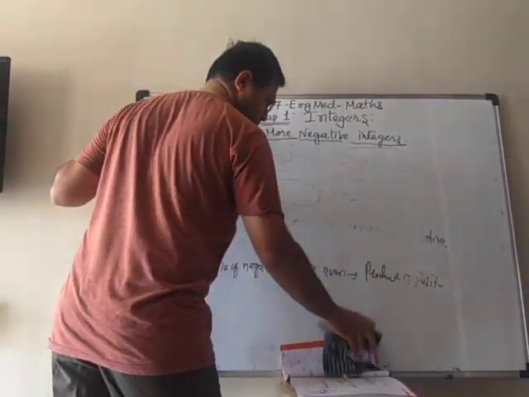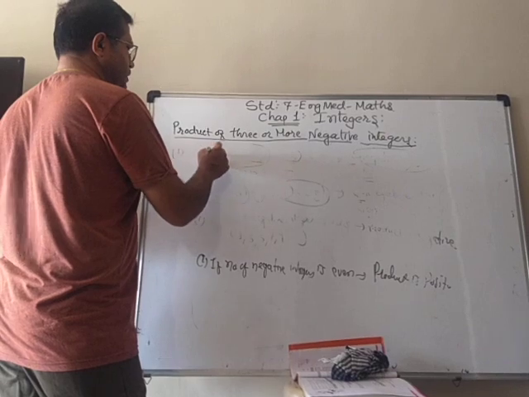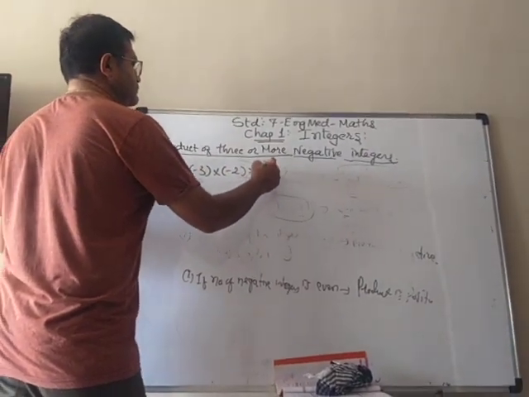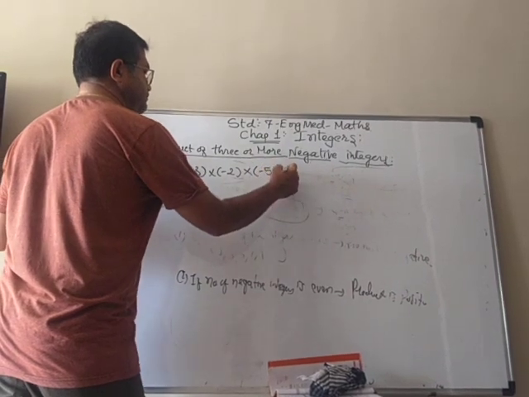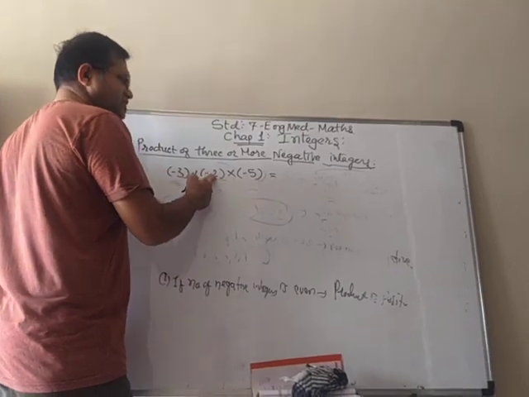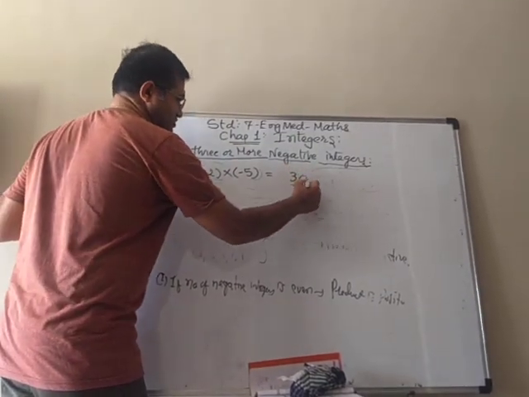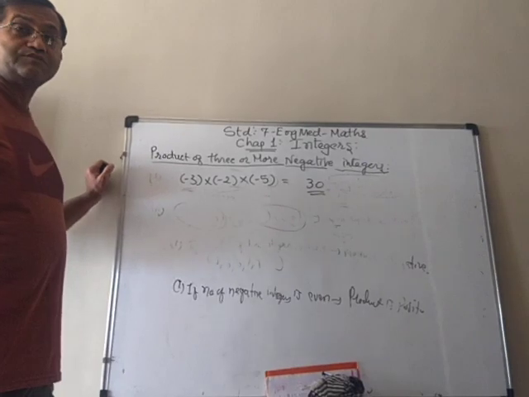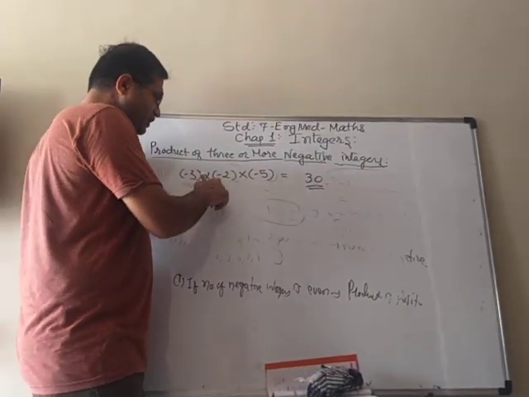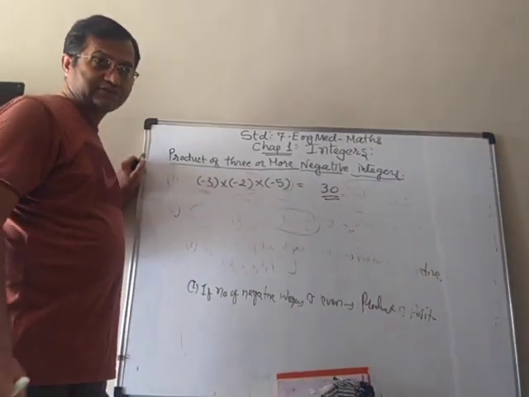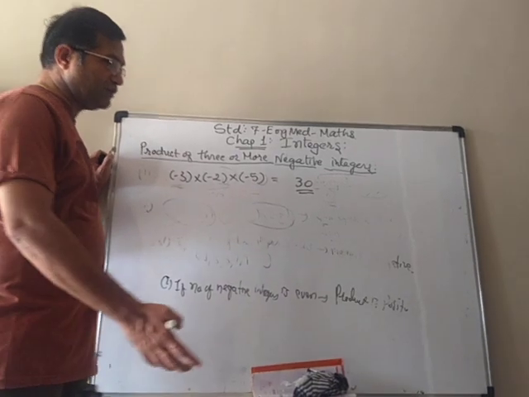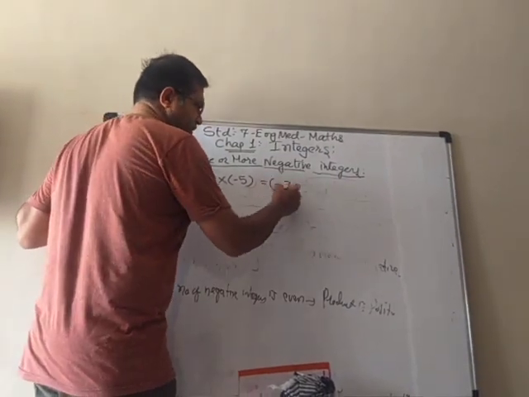Like minus 3 multiplied by minus 2 multiplied by minus 5. Here we first do 3 2s are 6, 6 5s are 30. You know the answer is 30. But now we have to put the sign. You can see that here 1, 2 and 3, all 3 are negative integers. 3 means an odd number, and for an odd number, as we already wrote down, the answer is negative.